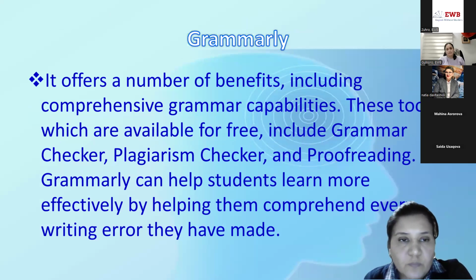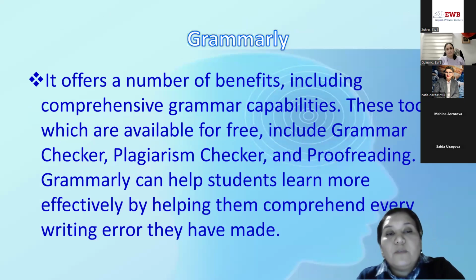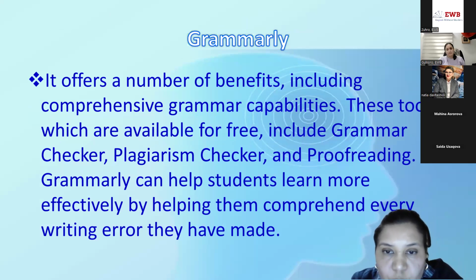Grammarly also has a grammar checker, plagiarism checker, and proofreading. Proofreading is the last procedure of writing, as a third draft. You can check your work as self-study and improve coherence, cohesion, vocabulary, and grammar structure.